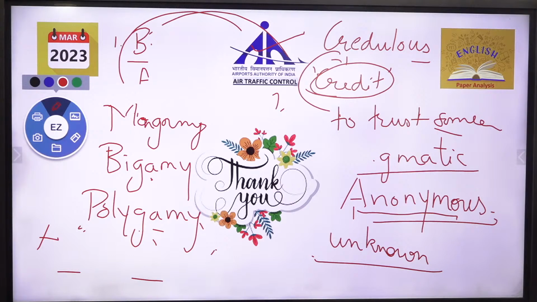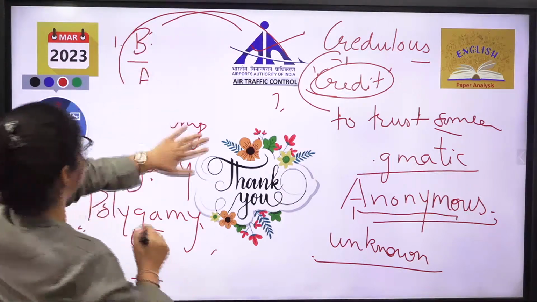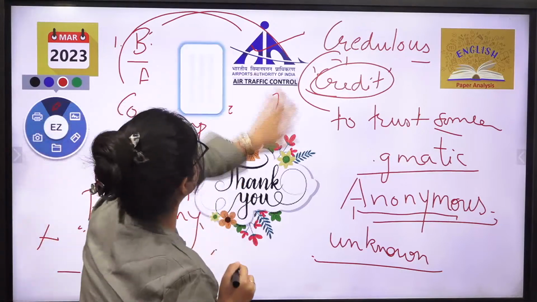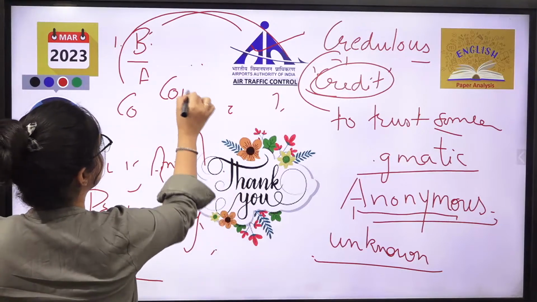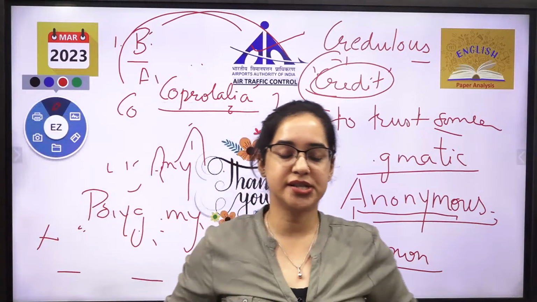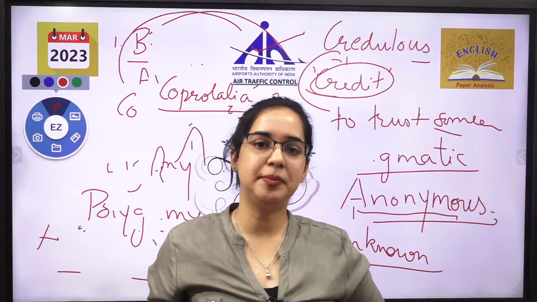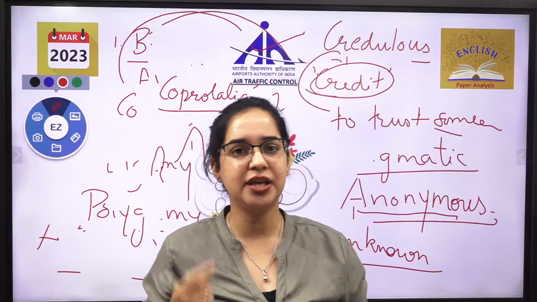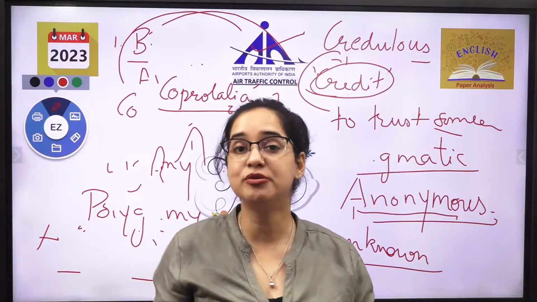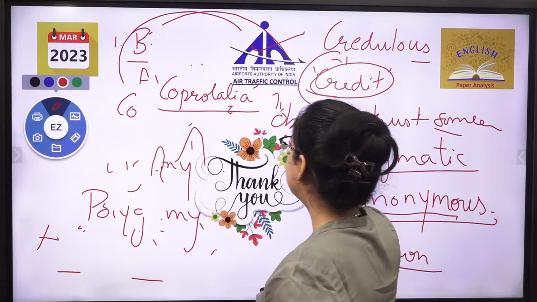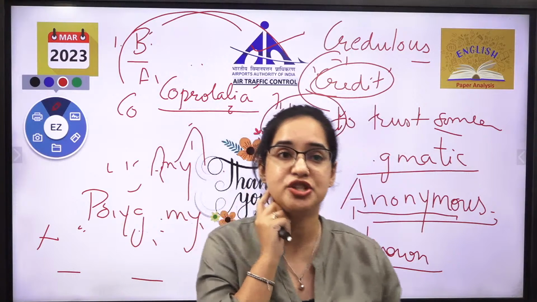Now one more, I have got a word which will be the last word. It is coprolalia. Coprolalia, the last word. Whenever there are some people who do not have control over their language, they speak very bad language, abusive language, obscene. Abusive हो गया, obscene हो गया, ये सारे नेगेटिव वर्ड्स हो गए. मतलब किसी को बहुत बुरी तरह से बोलना, abusive language यूज करना.